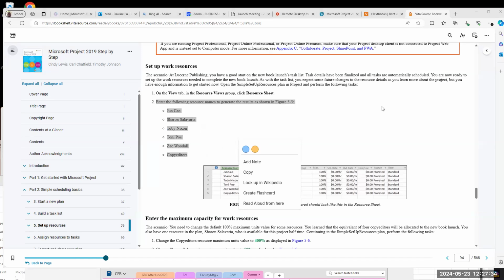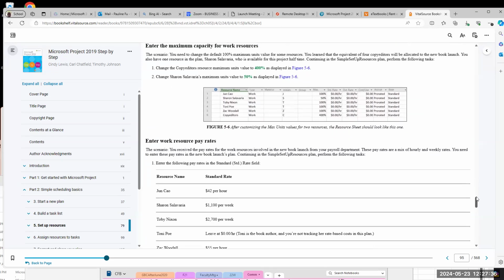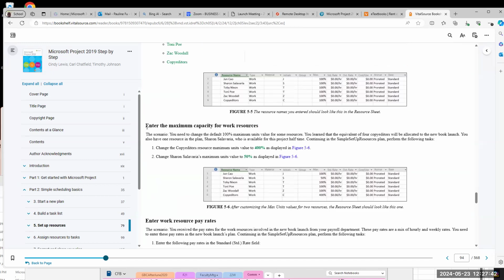All right, so next, we are going to enter maximum capacity for work resources. Step 1, change copy editor resources to 400%. 400% means you need 4 people, 4 copy editors.